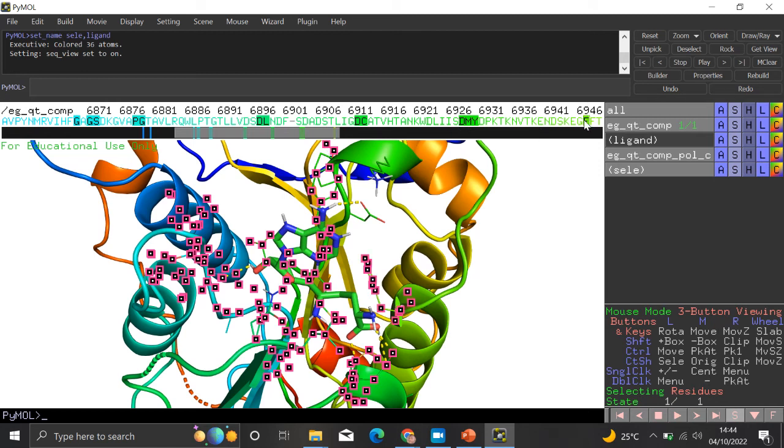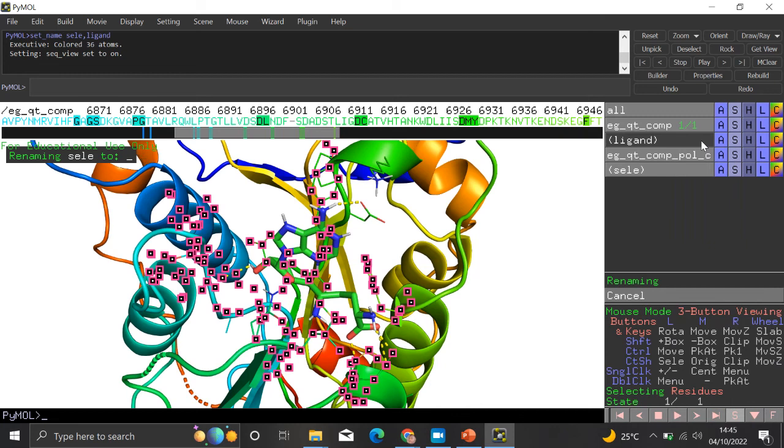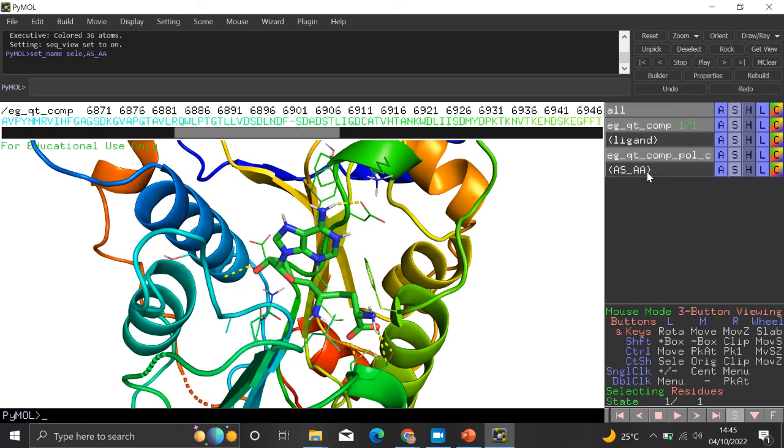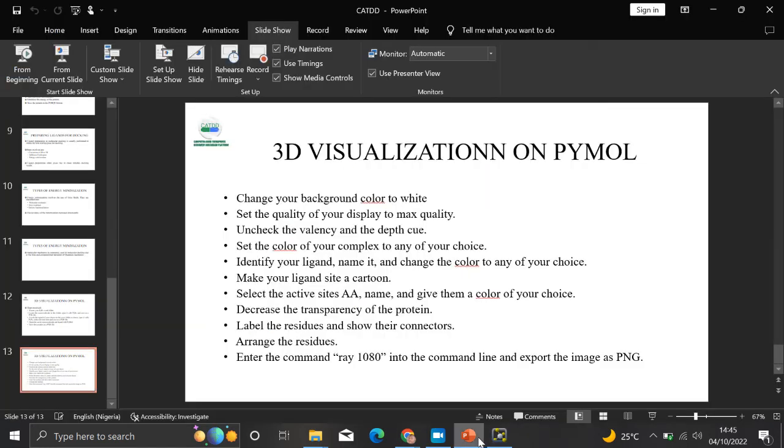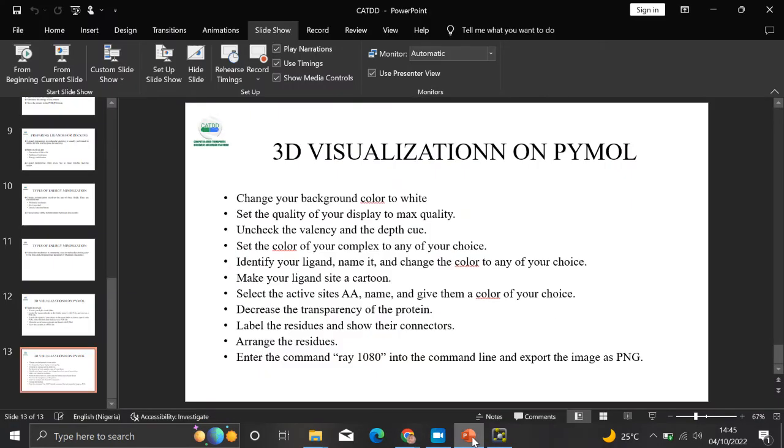So now I have the amino acid at my active site. Then I'm going to click on here and rename the selection to the active site amino acid. So now moving on, the next thing is to select the active site, name it, and give them a color of our choice. But before we give it a color of our choice, let's move to the next process, which is to